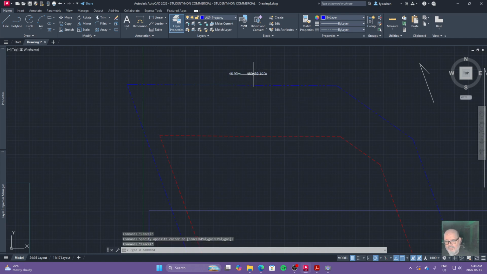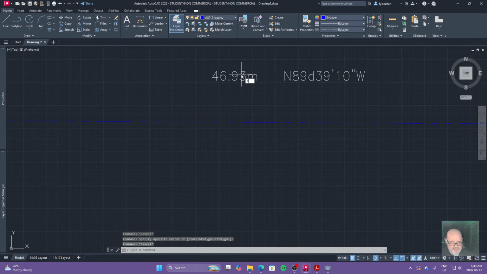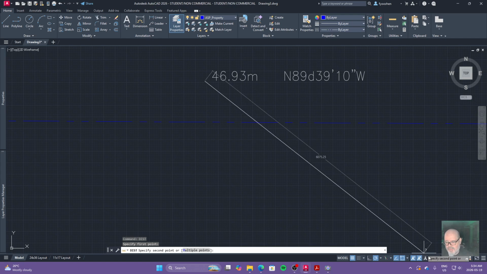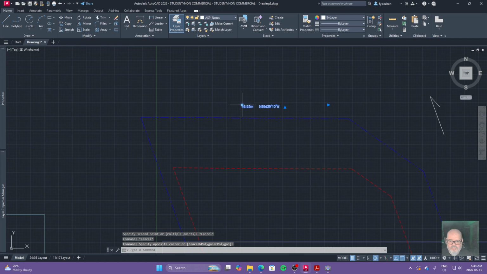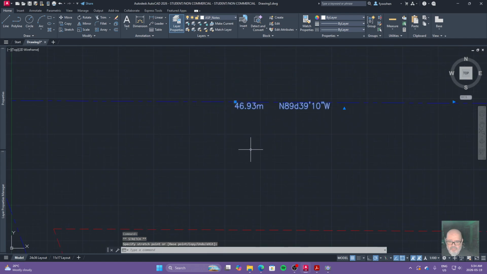But if I were to measure the height of this, it's 200 millimeters tall, essentially. So it's my 2mm text height multiplied by my scale factor of 1 to 100. Now, this is really good to know, and I'm just going to bring this in here, and I'm going to